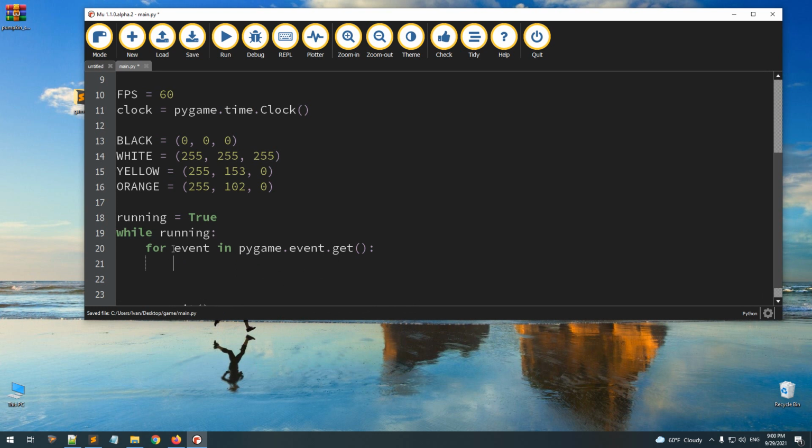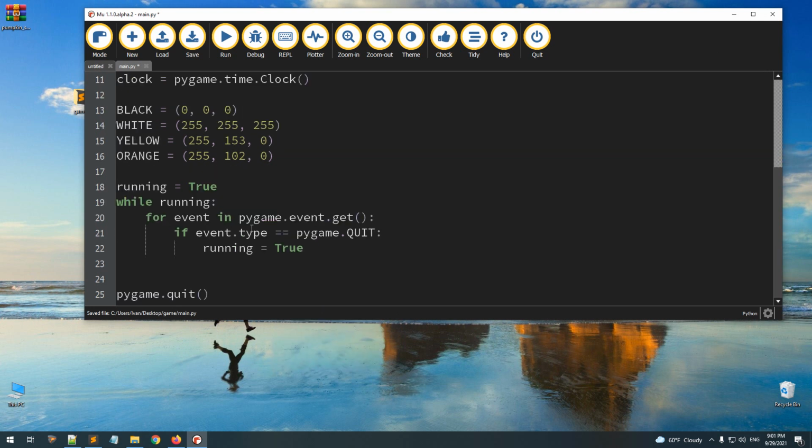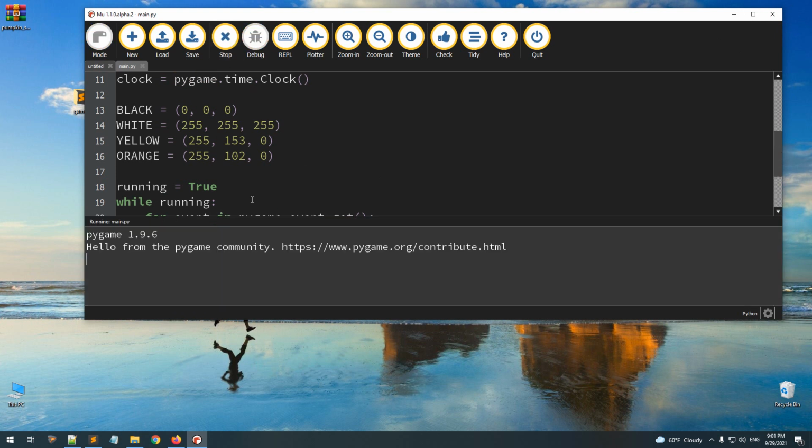Now this is the event loop, and the first event we'll be listening for is the closing of the game. Now when we start the game, there will be this close button up top, and we need to listen if the user presses this button. So if the event type is equal to pygame.QUIT, that means the user pressed this close button, we will stop this infinite loop and we will execute the command pygame.quit, which will close the program. So if I run this program right now,